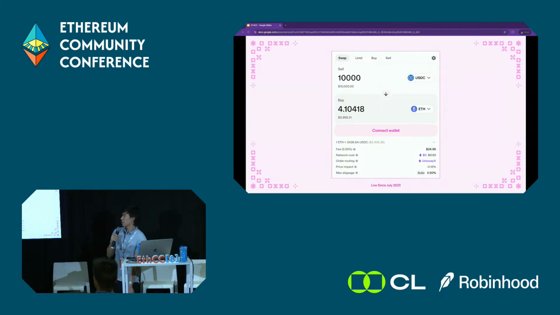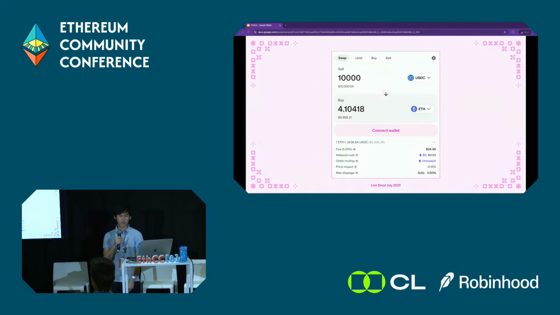You may have seen this before, where at the bottom of your swap, it says that it's using UniswapX and that it's gasless, where you don't need to pay money for gas. We just showed that what actually happens when you swap with this transaction is that it uses UniswapX. And the reason why there's no gas is because you are not the one sending a transaction. You are simply signing a message, and a filler would send the real transaction on your behalf.